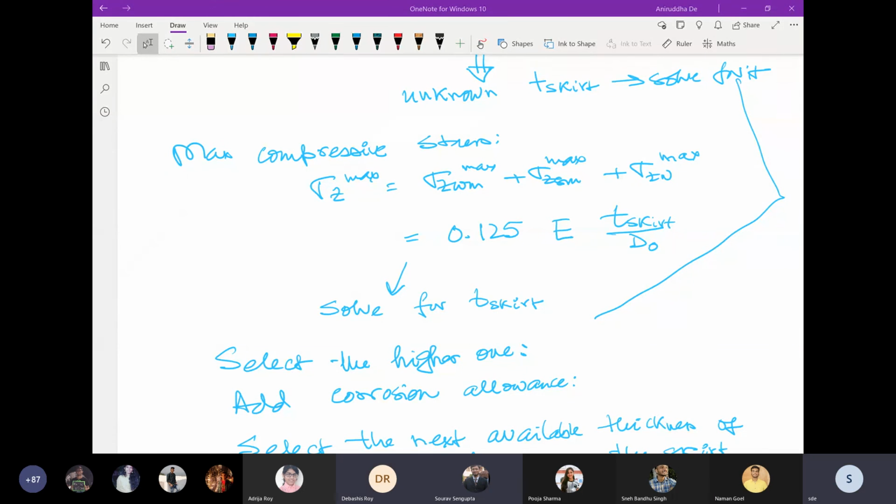Excuse me, sir. Yes, please. Sir, in the last assignment, since we referred to table 9.2 for the pressure calculation in the upper and bottom part, is it fine if we take the maximum, as the wind speed was considerably high? It was 150, sir. If we take the maximum value and then calculate, will it be fine, sir? No, if the wind speed is mentioned in the problem itself, then you have to take the wind speed.